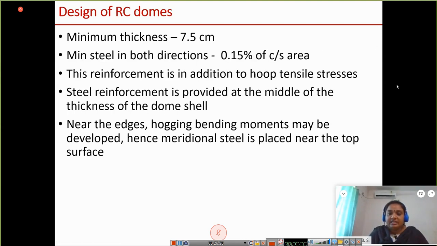Then the steel reinforcement is provided in the middle of the thickness of the dome shell. So we need to give a cover. So that is why in normal cases we provide the reinforcement at the middle of the thickness of the dome shell. Then near the edges, a hogging bending moment may be developed, and the meridional reinforcement is provided near the top surface. So you know that